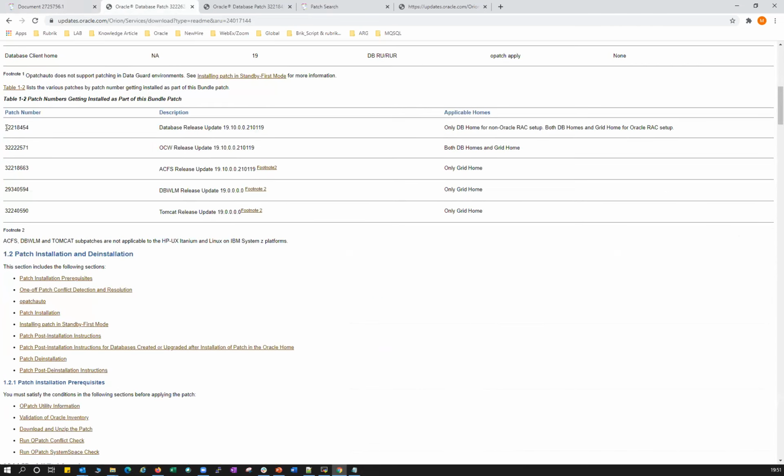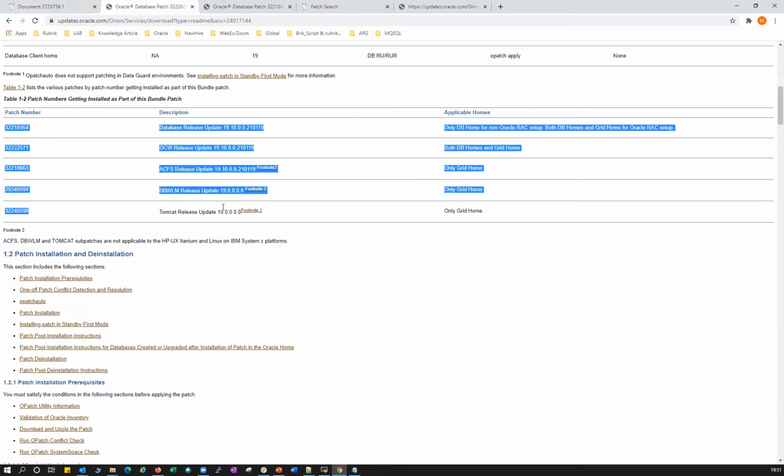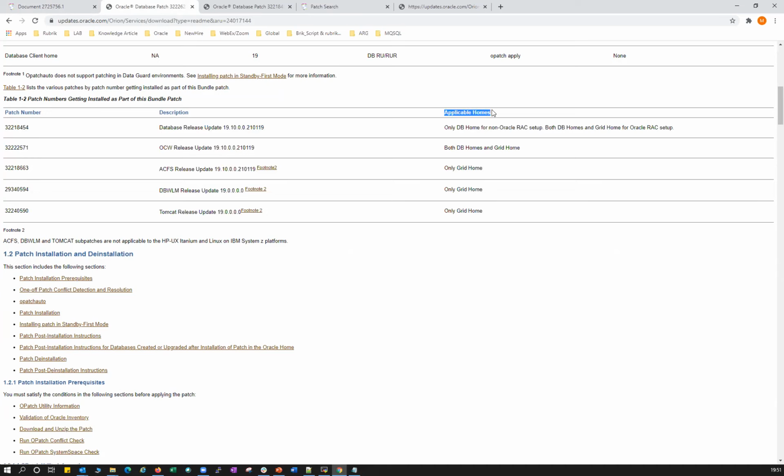If you go down here, this entire GI PSU patch includes these 5 patches. You can go and read the applicable homes. Only DB home for non-RAC: this patch you need to apply only on DB homes, not the GI homes. In case of non-RAC standalone systems with grid, or in case of a RAC system, you have to apply on the grid home and DB home.